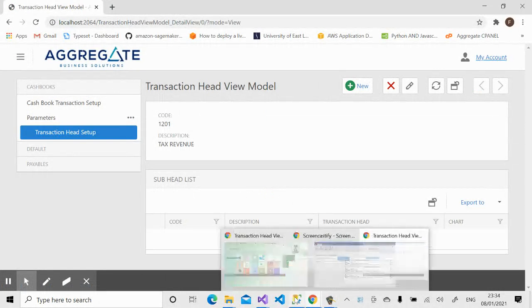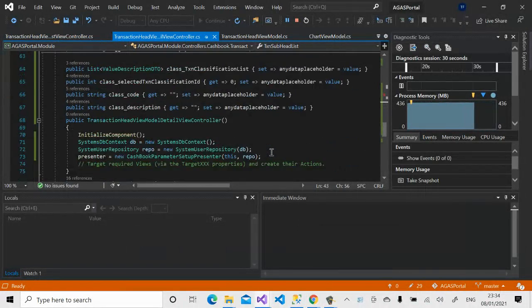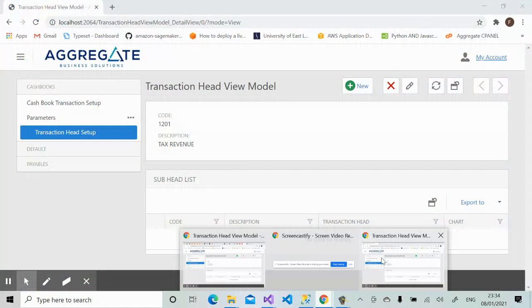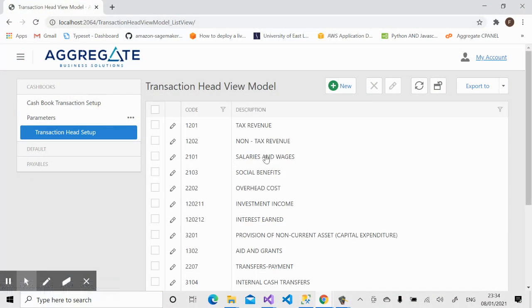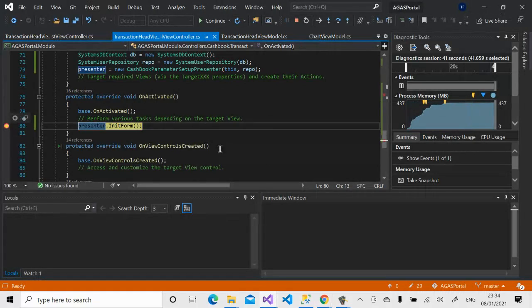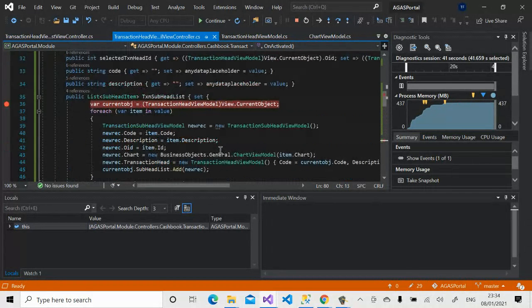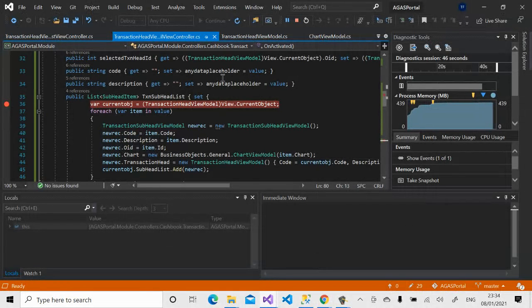So what it means is that, if that is the case and it still did not hit that breakpoint, it means